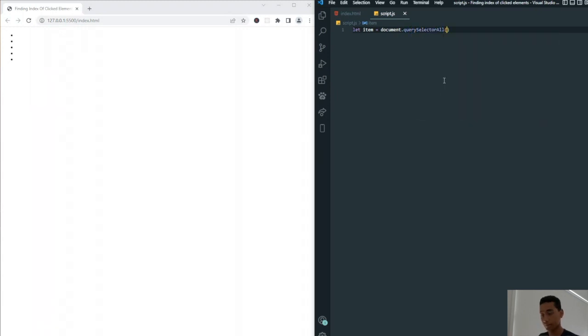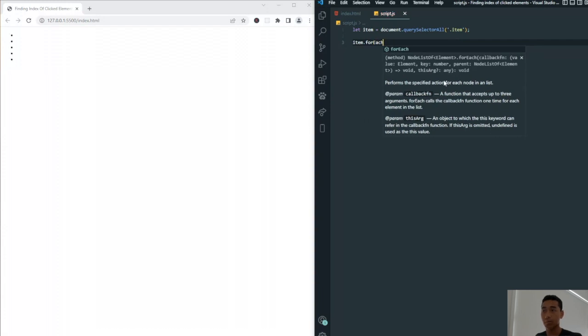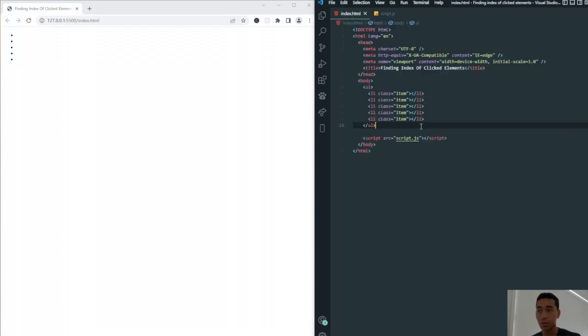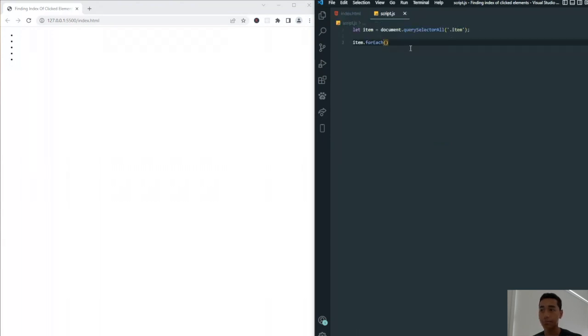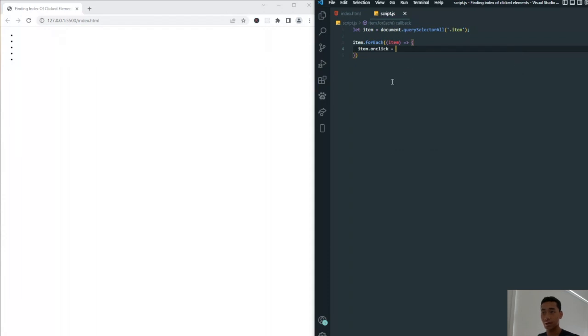Query selector all, and then getting that class name. And what we want to use is a forEach. This forEach goes through all of these LIs that have the same class name. Then we're going to assign an onClick function to each of those LIs, where if it's clicked, we want to